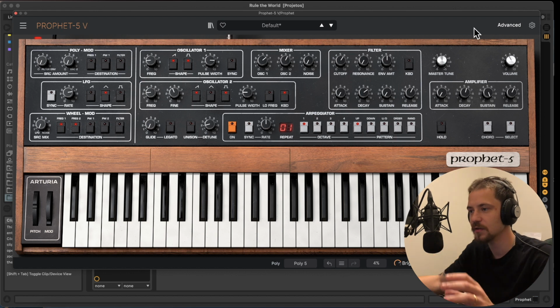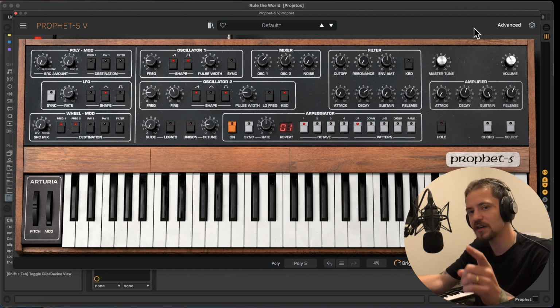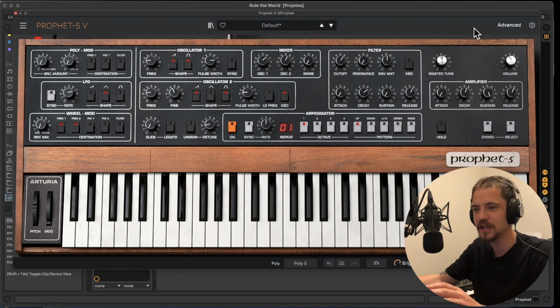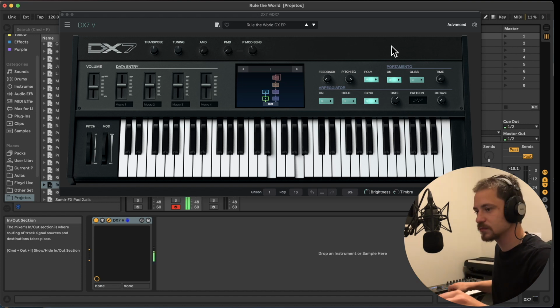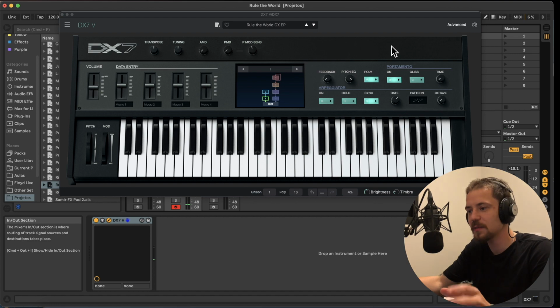That's the bulk of the sound, all right? Now, as soon as he starts singing, you can see that it's not just the Prophet sound. There is actually probably a DX7 electric piano sound. Listen to this. This is not a factory preset, I programmed it, but that's a very basic sound,